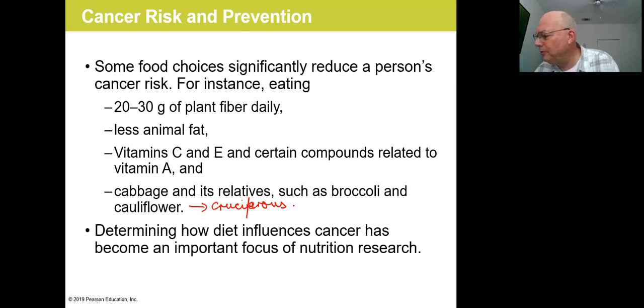So cruciferous vegetables. So it's broccoli, cauliflower, Brussels sprouts, kale, bok choy, cabbage, all of those relatives, all of those plants, they are related to each other. They are derived from a common ancestor, a little mustard plant that grows along the shores of Europe and Asia. And it was selectively bred by people to